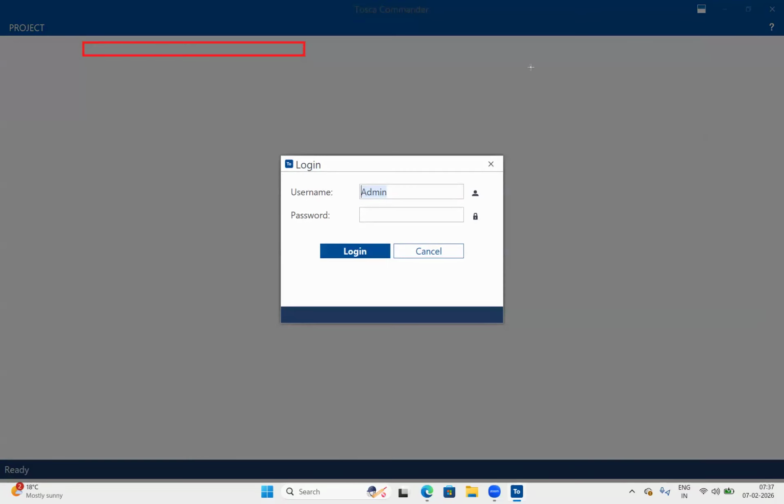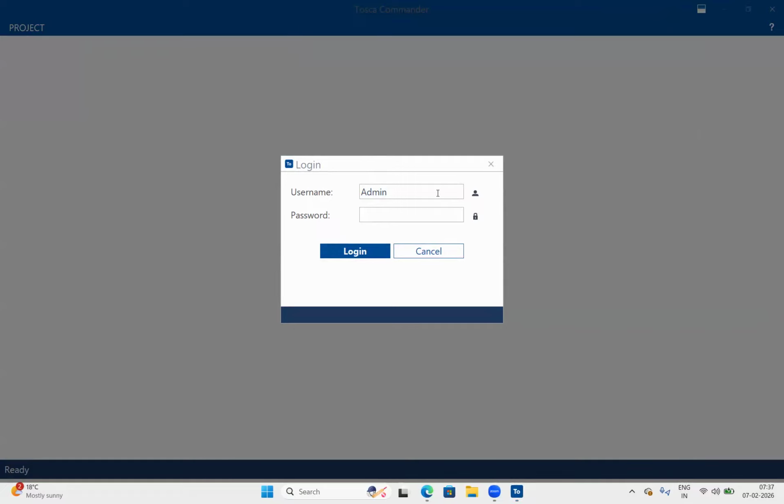Directly it will log into the workspace. See here, this is a multi-user environment, right? Multi-user means a number of persons are working in the same project. If a number of persons are accessing the same project, authentication is required.